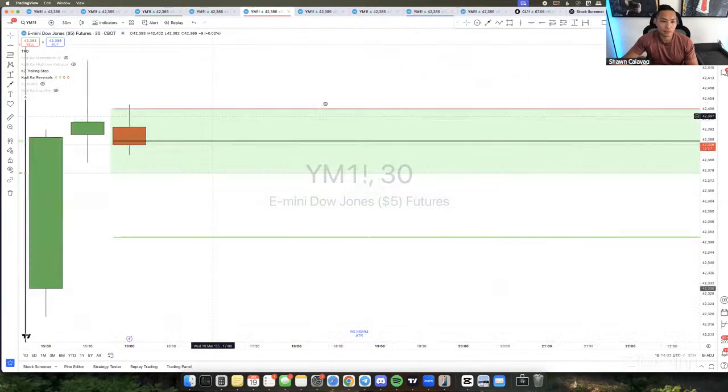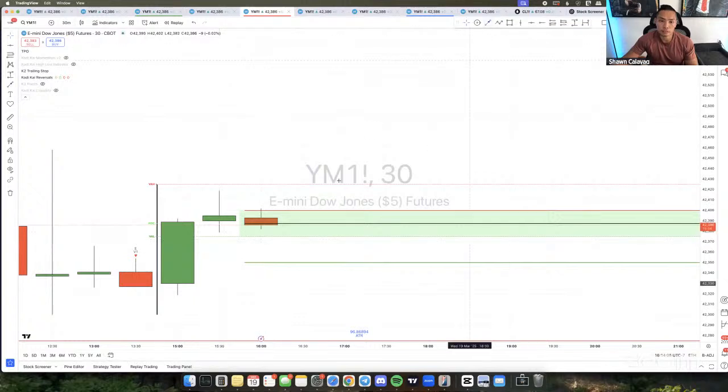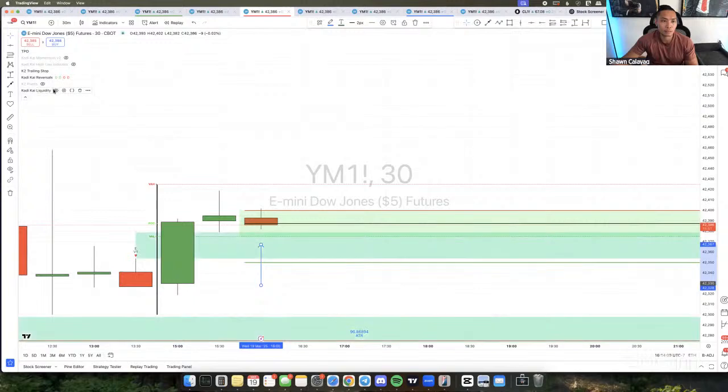See how we have a value low right here, CJ? So we got the value low right there. When I turn on the liquidity, see how we have a gap right here, or a basic liquidity gap? Since these two line up together, if I see a bounce off this point, this is going to be a good confluence for me, right? Because I'm looking for this to bounce off the value low.